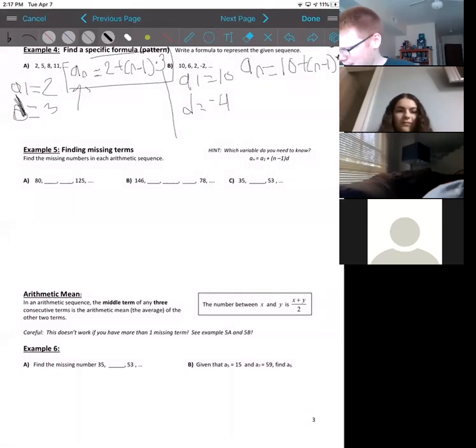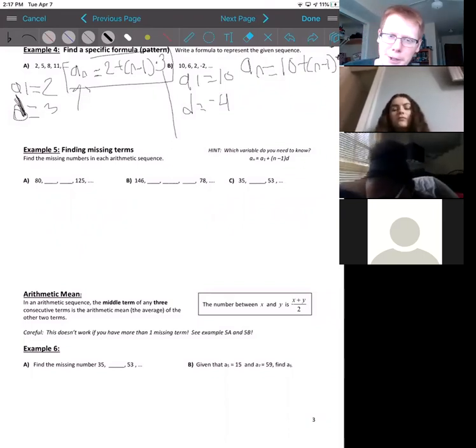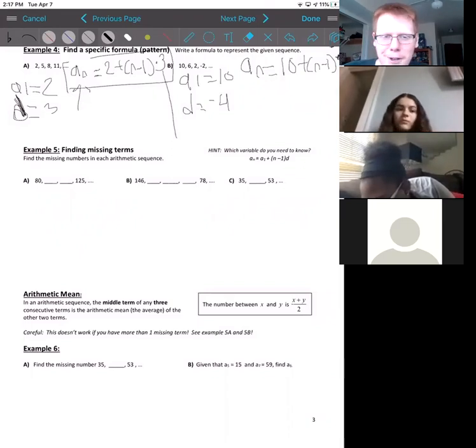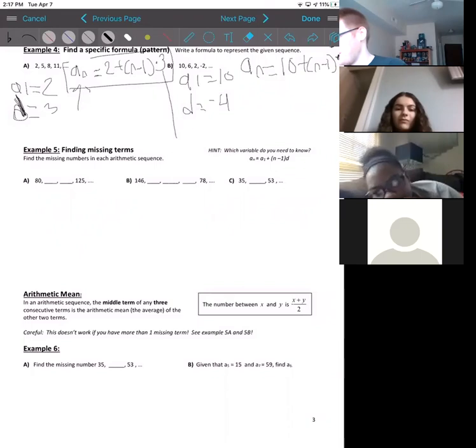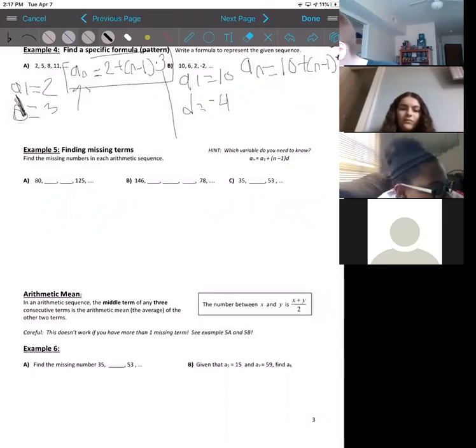Okay. So very cool. Honestly, this last part I probably won't really ask you to do, but I'm going to show you it anyway. In Delta Math, I assigned one section for 9.2. I'll assign more for the next one, but a lot of the sections in Delta Math talked about arithmetic and geometric, so I didn't want to assign stuff that, I mean, you probably would have been fine, but I didn't want to screw anyone over or trick anyone. But I'll be honest, example 5 and example 6 that we're going to do probably won't be that important,